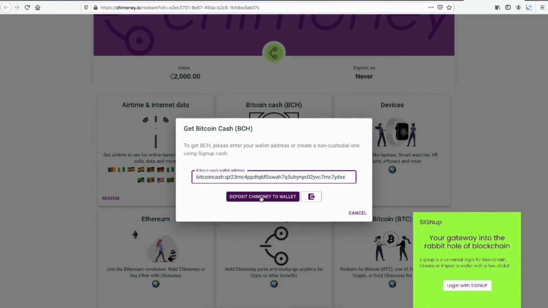And with just this simple flow, it opens up a lot of opportunity for people in Africa that don't have access to Bitcoin, that would not have access to credit cards to even pay for Bitcoin Cash on Bitcoin.com websites and things like that. So the utility is already there. They can then decide to exchange this Bitcoin Cash back to Chimoney and then redeem for airtime to join Zoom calls to learn and things like that. And in the future, they'll be able to redeem devices like laptops to further their learning career. And they can even exchange other cryptocurrency right on this Chimoney redeem page.